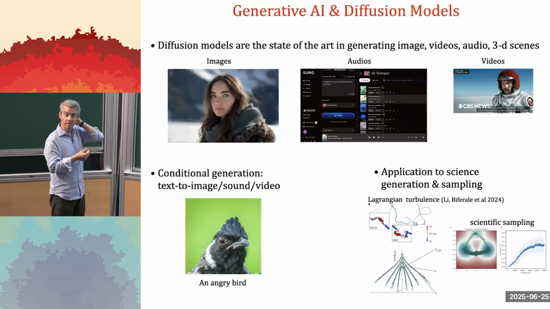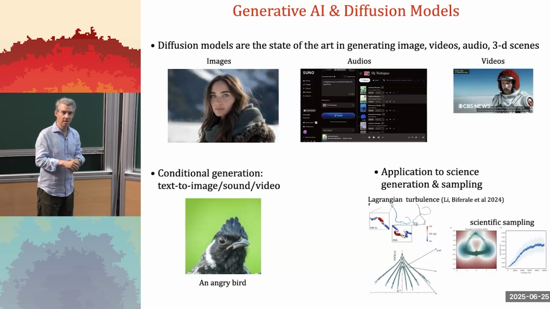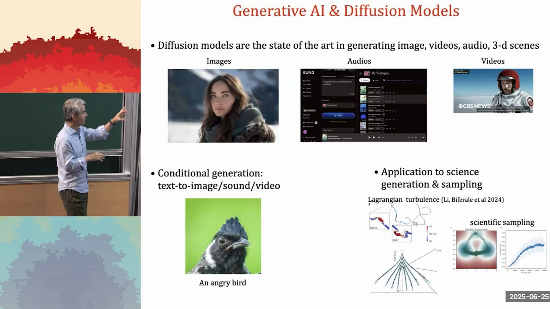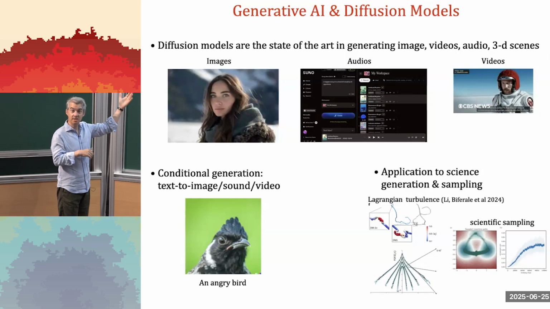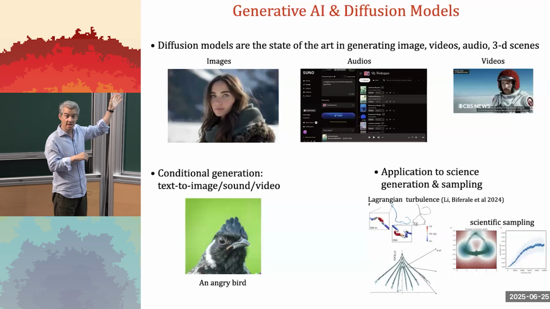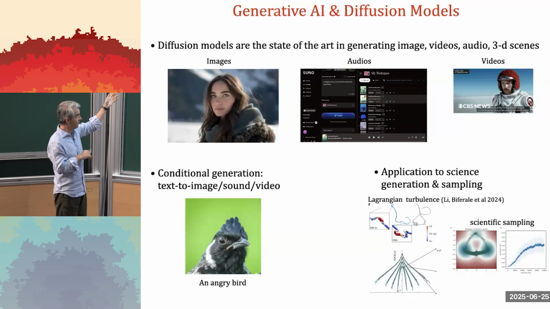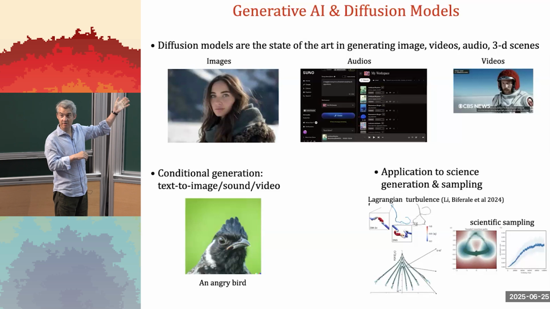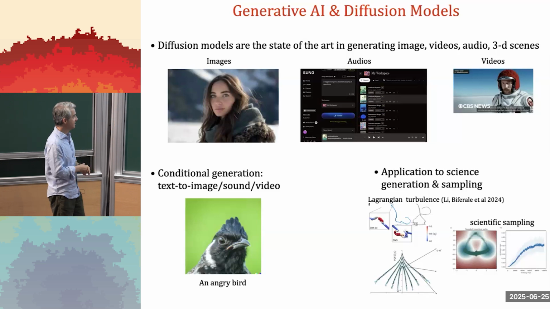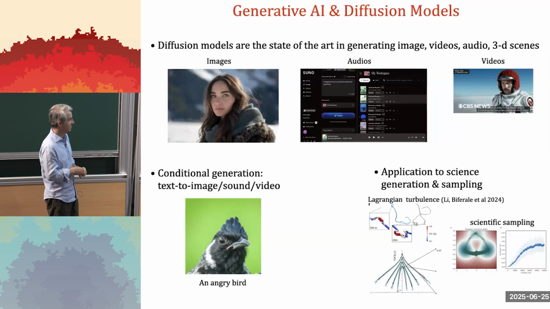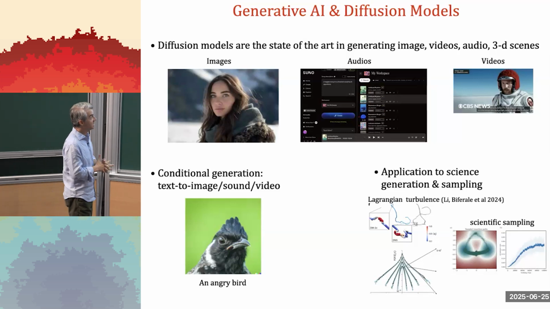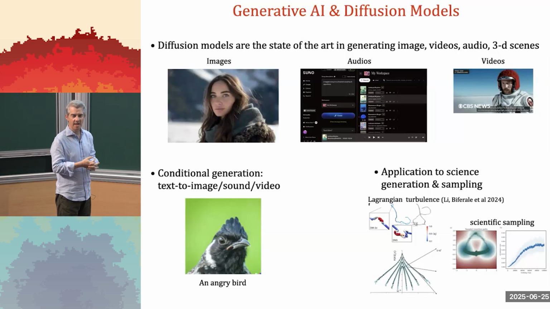The other thing which is quite interesting is conditional generation. Maybe you write a prompt: I want an image, for example, of an angry bird, like the one which is here, and this is what is generated, which again is spectacular, because first it looks like a bird, and second it looks angry indeed. So the machine is somehow able to do this kind of conditional generation. And then this diffusion model also has a big potential for science,